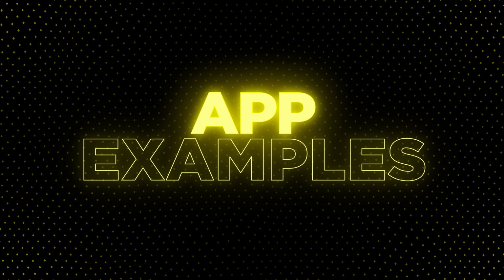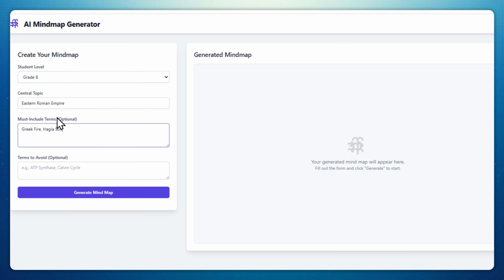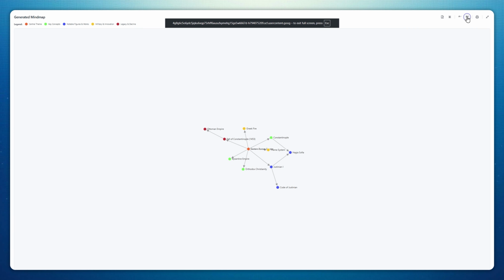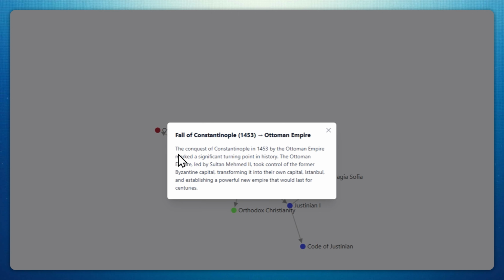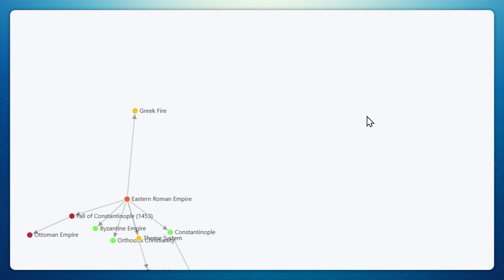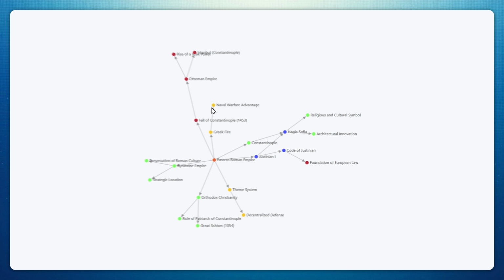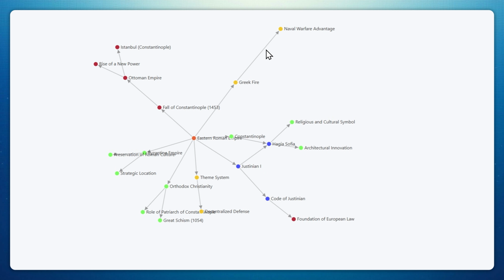Before we jump into the how-to, let me blow your mind with what's actually possible. First up, my mind map generator. Traditional mind maps often miss one crucial thing: explaining the connections between ideas. So I built this tool that lets me create dynamic mind maps on any topic, and when I click a branch, it gives a short explanation of the connection. I can also add additional levels to expand the mind map if I want to. I'm seriously thinking I should monetize this one.